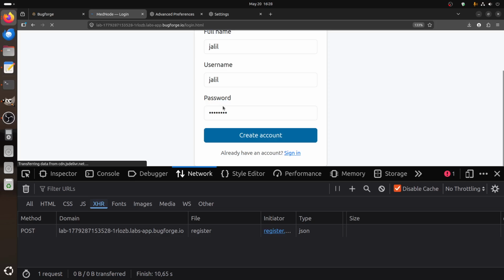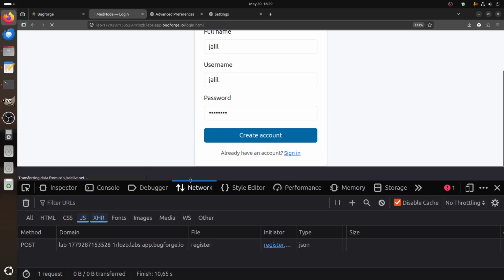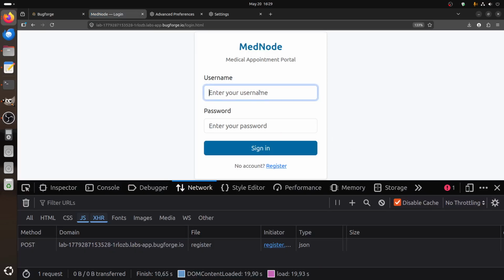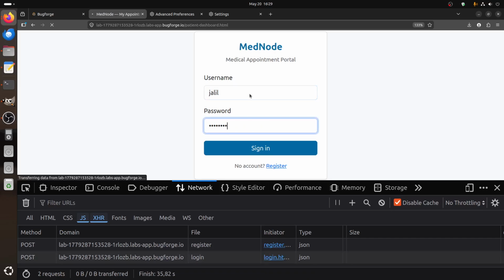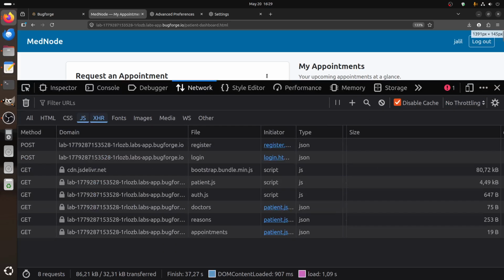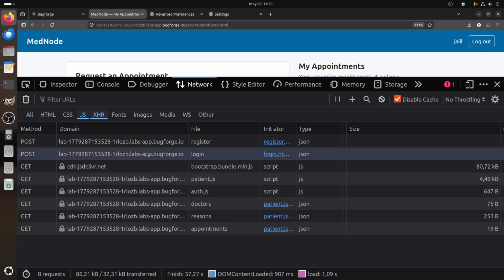What's going on? Let's see what JS this app is calling. Okay, yeah, my password. You enter. This is new in Mednode. So first of all, of course, you access, you can see it is doing